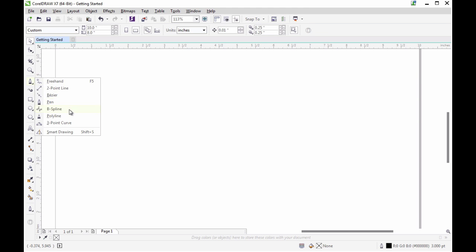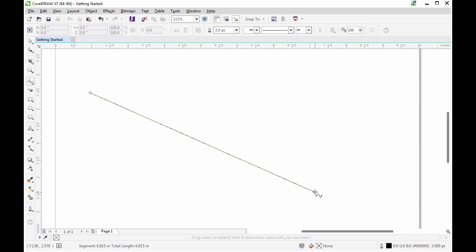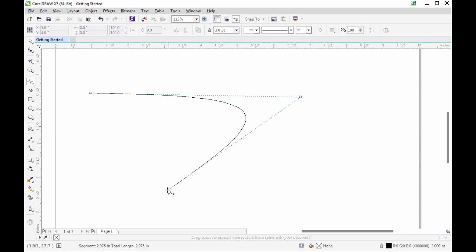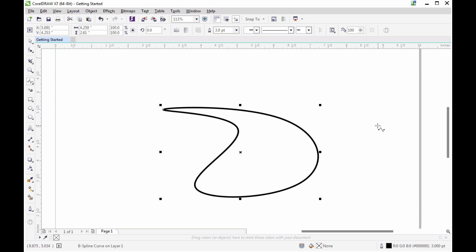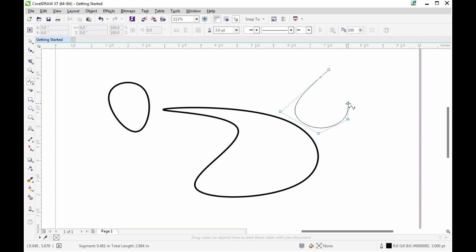The next curve tool is the B-spline tool. This tool lets you draw all sorts of paths by setting boundaries or control points that create curves without breaking the path up into segments. It can be a difficult tool to control at first, but when you want smoother curves, this is the tool for you. Go ahead and create an assortment of curved lines and shapes with the B-spline tool and get a feel for what it has to offer. Like the pen tool, it allows you to preview curves and adjust those control points while you're in the process